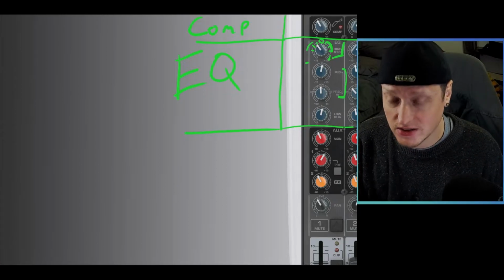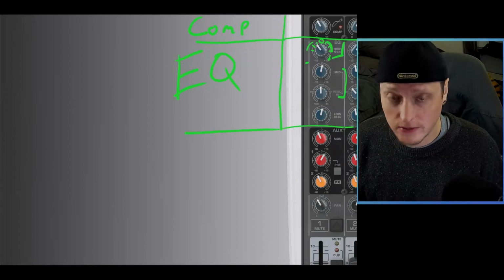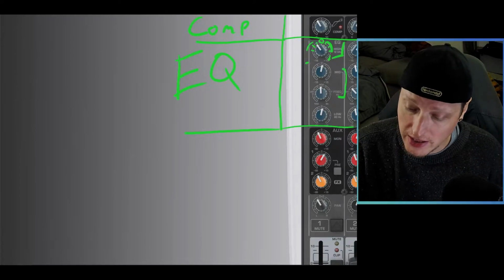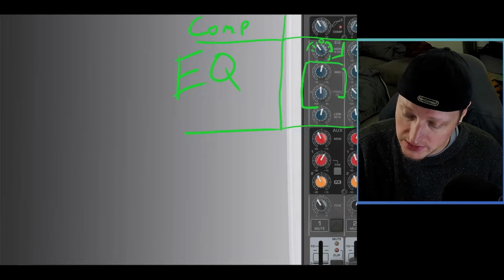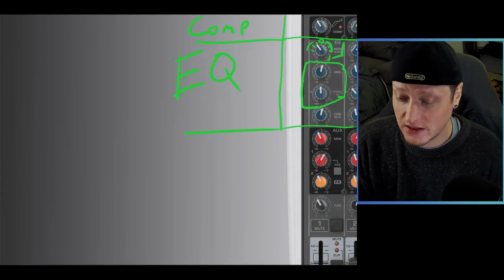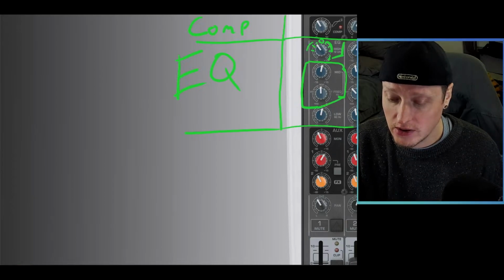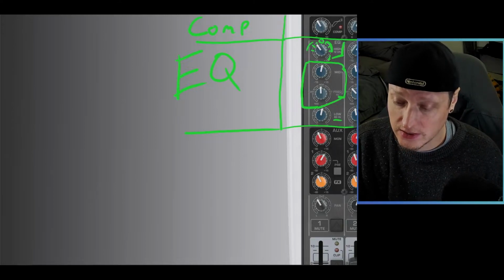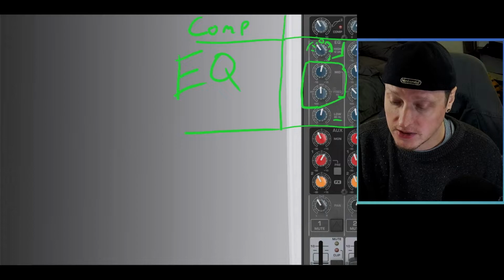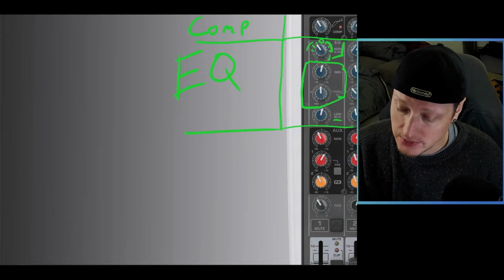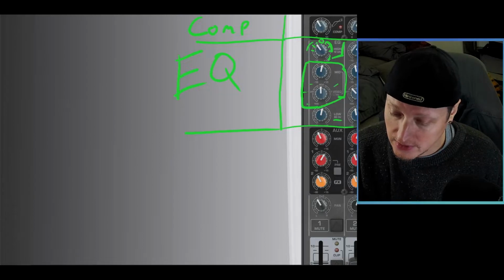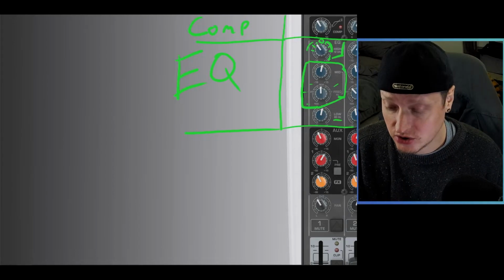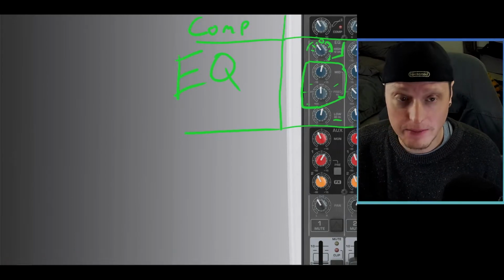If you want to get just a slight adjustment on an input or a microphone or whatever you're routing through your board, this will allow you to do that. Not every board, though, has 2 knobs for the mid section like this one does. Now, if you only have 1 knob, then it's going to act the same way as the high and the low, cutting and boosting on whatever frequency it says it cuts and boosts on. Whereas on some boards, like this one, you're going to have 2 knobs, and this second knob, you'll notice, has numbers 100, 250, 800, 1K7. These numbers going around this knob will allow you to actually choose a frequency that the top knob can adjust